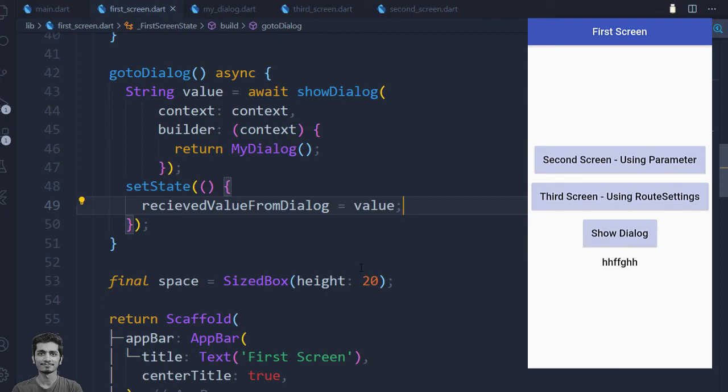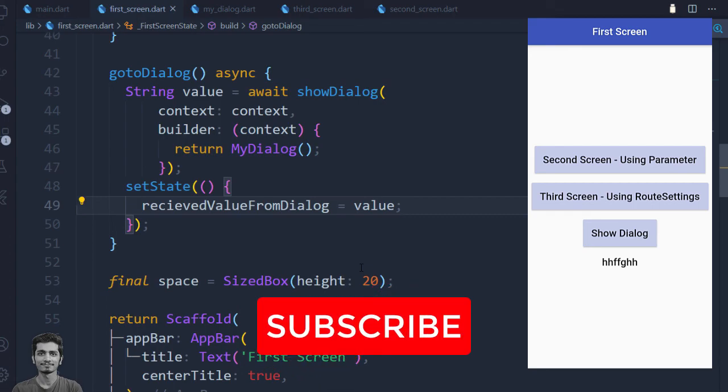So in this video we learned both things, how we can pass data forward and how we can receive data backward. We saw two methods to pass data forward. We use parameters and route settings to pass data to the second screen and receive that data using the navigator pop back to the first screen, where I receive that data inside a value, and we have to make that function an asynchronous function, and that value data will be provided to the variable that is out of the scope of that function, and we also set the state here.